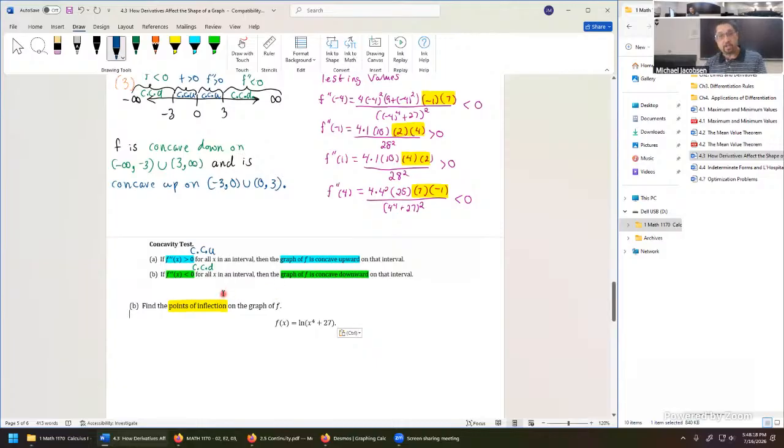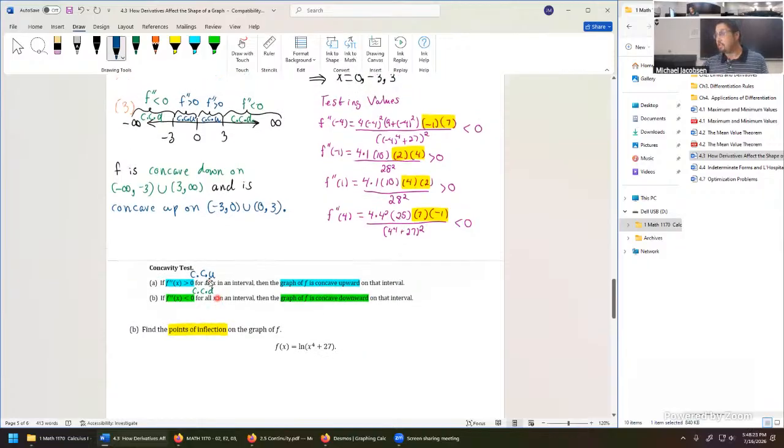And a point of inflection is a point on the graph where concavity has changed. From our sign chart, there's going to be an inflection point here, but not at 0. Concavity didn't change there. It stayed concave up on the left end and the right end. But it did change here. It went from concave up to concave down across 3. So we can now say the inflection points